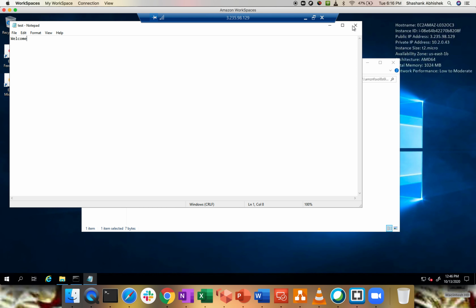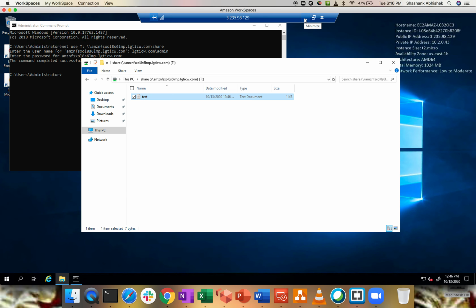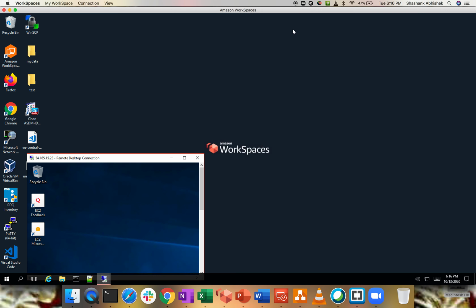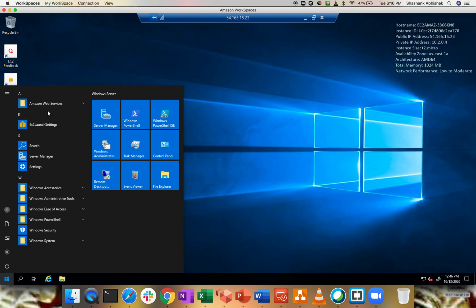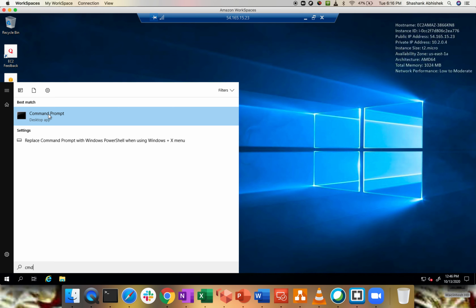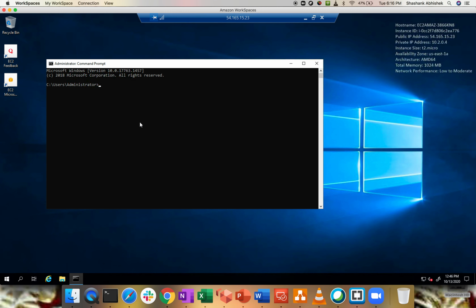Save it. Perfect. So I'm going to map this file system to the other server, which is 54.165, cmd. Okay, and let's give this T as well, or you can use a different letter. That should be fine. That's server specific.